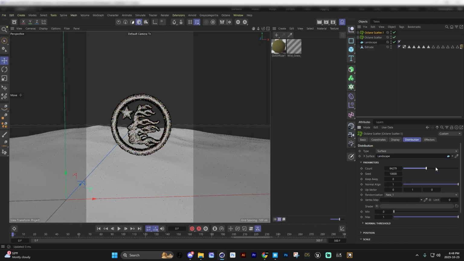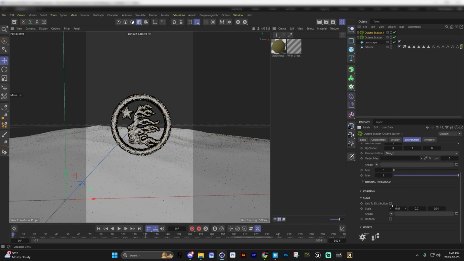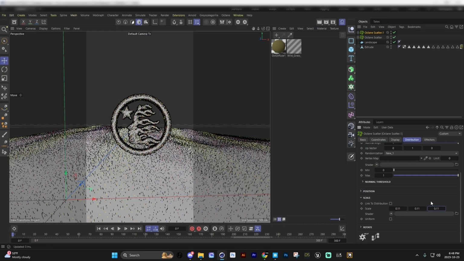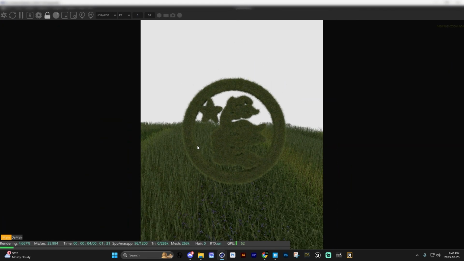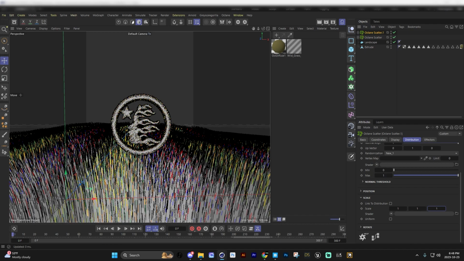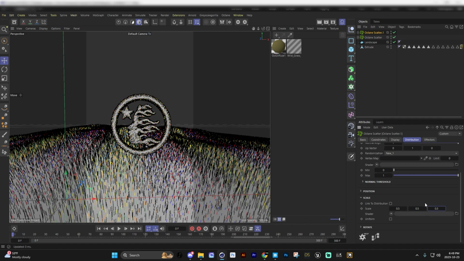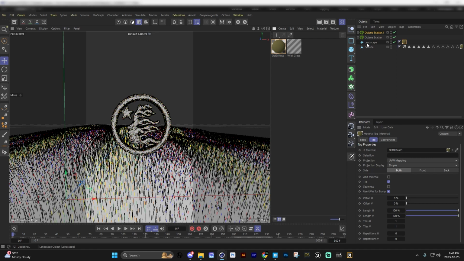Again, it's just a bunch of numbers, so you can just play with numbers. We can up the scale. That's still not doing anything on my view, so we're going to up the... still not doing anything. So let's go ones across the board. And there we go. We got a little bit more progress. It's pretty big grass though, so I'm going to make it a little bit less dense. Let's do 0.5s across the board maybe. Yeah, it's looking better. Let's put this texture on the landscape as well.